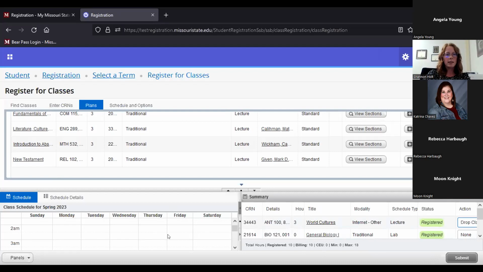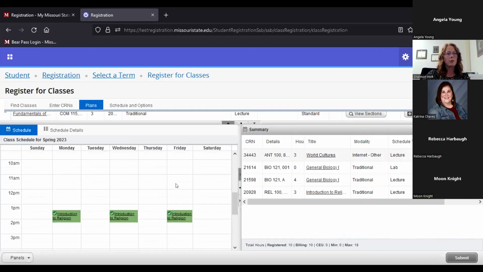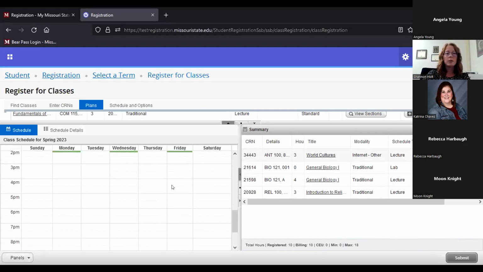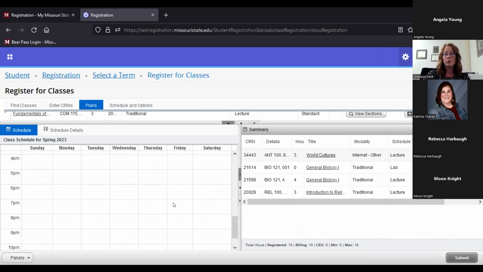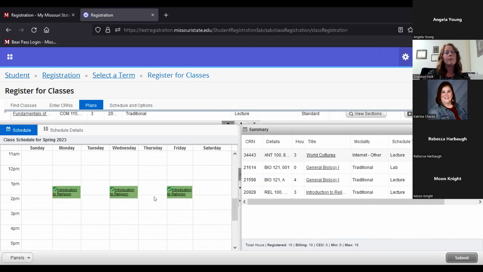You can see, I'm going to make this bigger as well. You can see on my schedule over here, it's going to give you kind of a grid view of what my schedule would look like for the week. Many of you are probably aware that this is not an exact replica of the week at a glance schedule that we